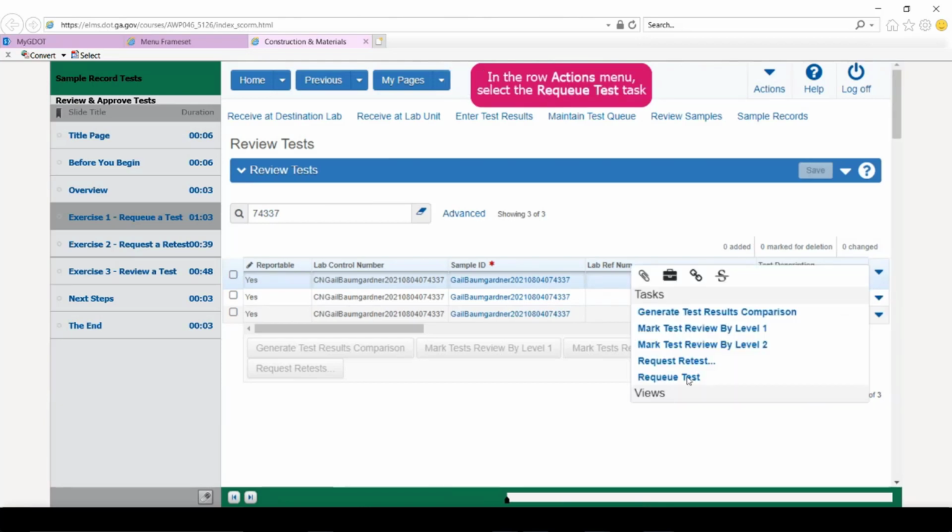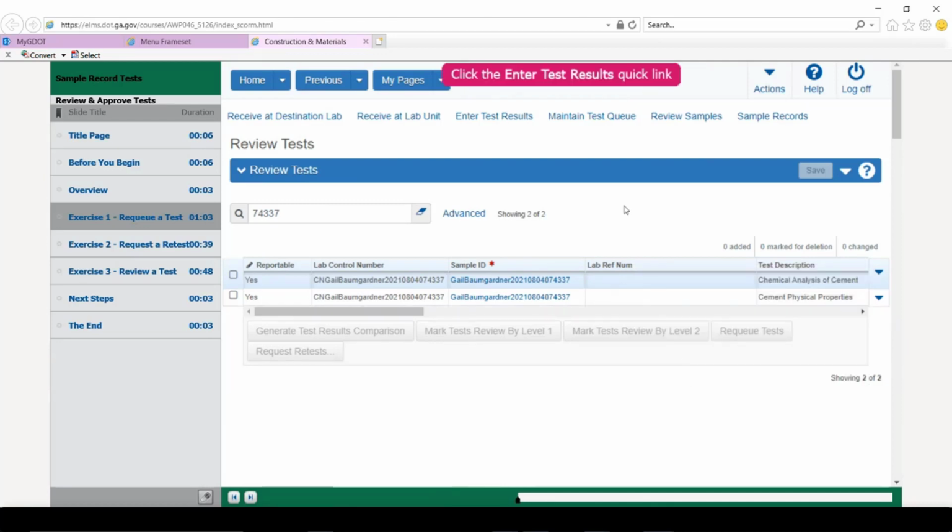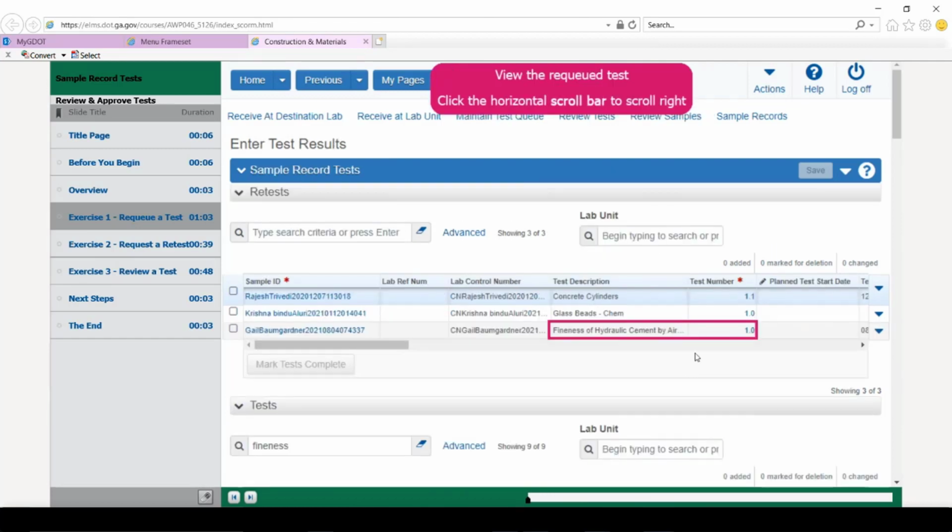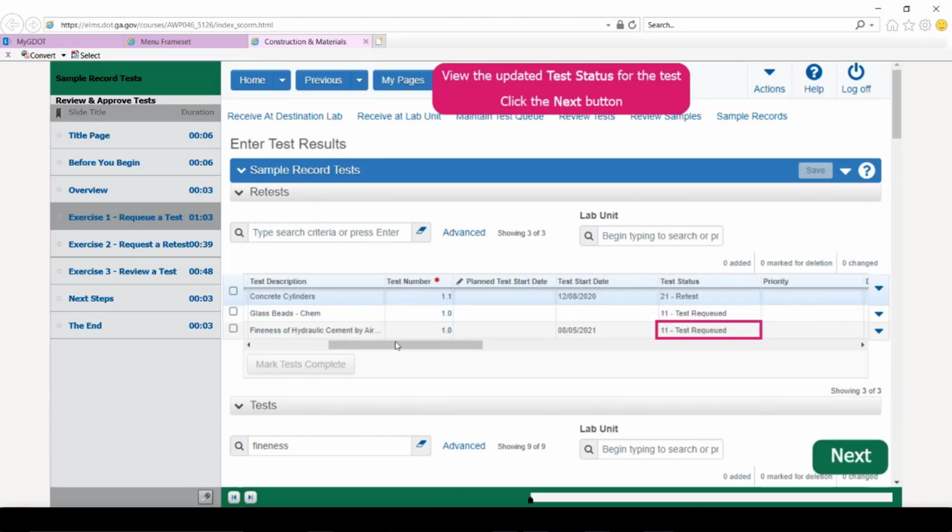And this time under task, in the actions menu, I can select requeue test. And I'm going to enter test results quickly, and notice that the test has been requeued. If you click on the horizontal scroll bar, notice that you have the note there under test status saying that the test has been requeued.